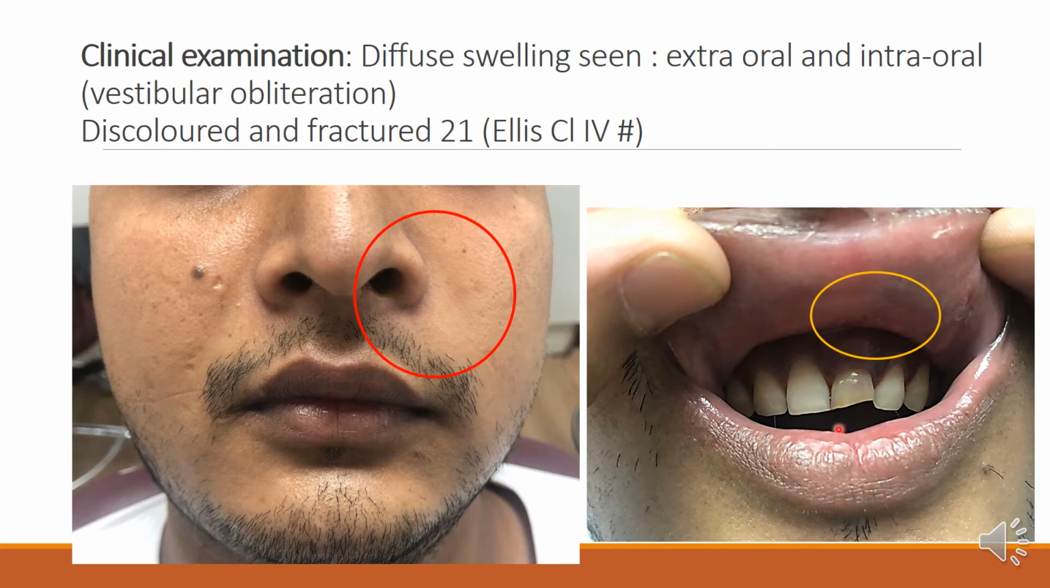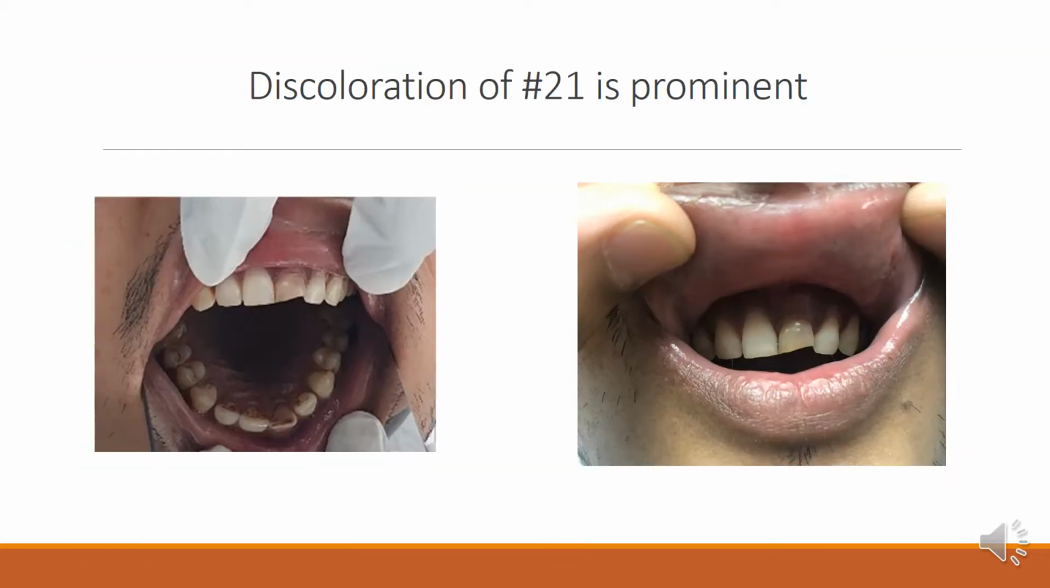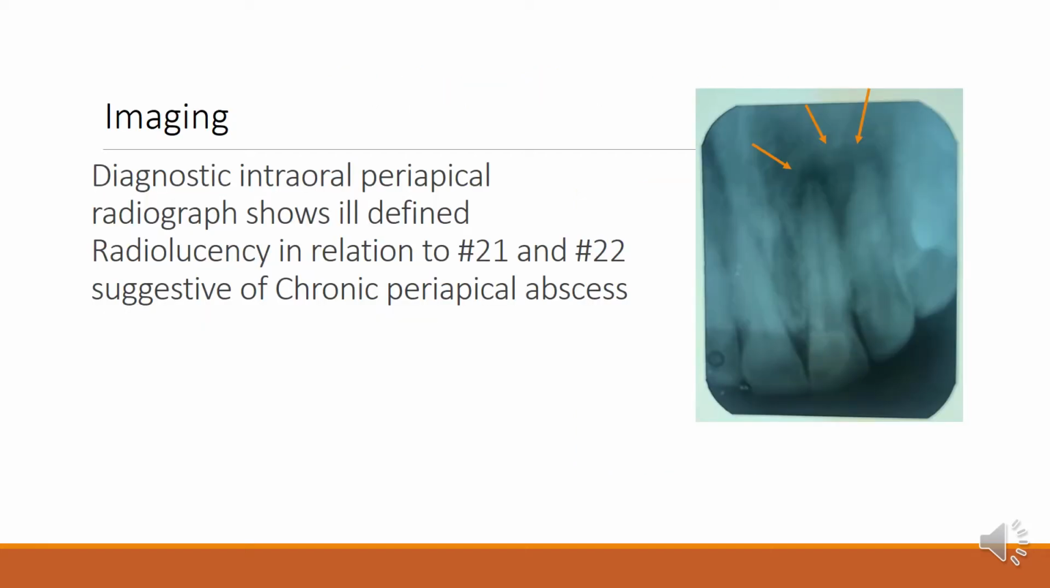The 2-1, which is the tooth of interest, is discolored and also showing signs of fracture, and it was classified as an Ellis class 4 fracture. Discoloration in relation to the tooth 2-1, but definitely we would need to investigate further, and that's the reason why imaging was done. So the diagnostic intraoral periapical radiograph surprisingly showed that both 2-1 and 2-2 had an ill-defined radiolucency